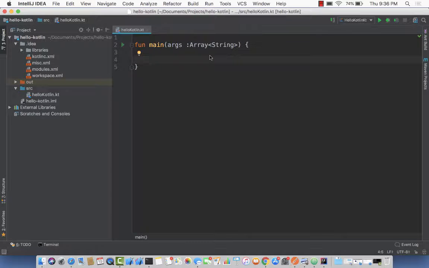All right, so let's talk about type conversions. If I create a variable or a constant in this case, and I call it number and it is of type integer and I assign it 10, right? Now if I go ahead and create another one and I call it money, double equals to number,